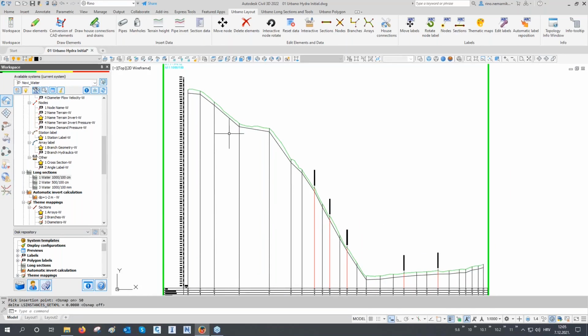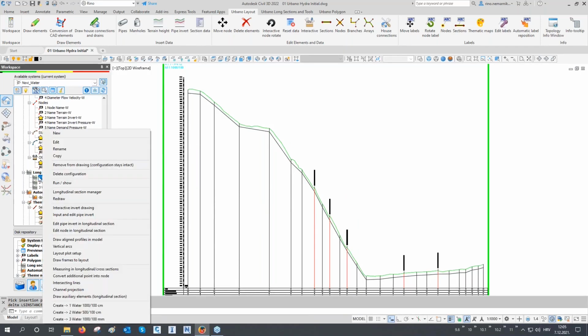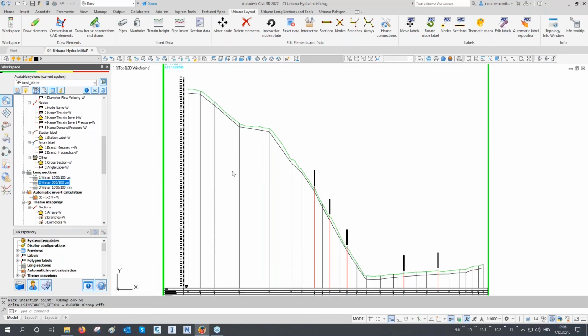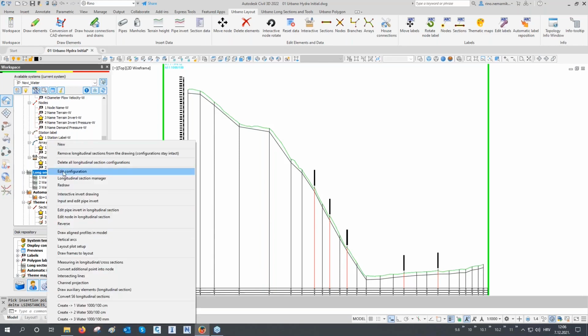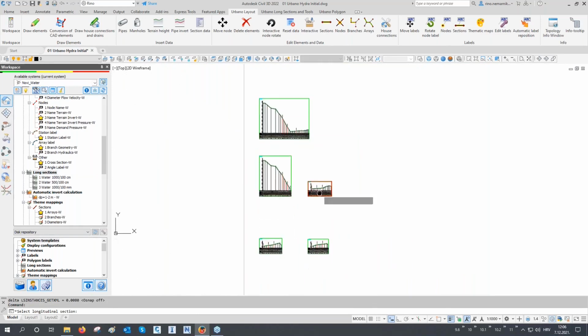How to edit the configuration? Right mouse button on it. So you can click on the one that you want to edit. Or if you don't remember which one is applied in the drawing, you can click here on the main branch and click edit configuration. And then the software will ask you, okay, but which one? And then you select any profile, because in this case, all of them are drawn with the same configuration,